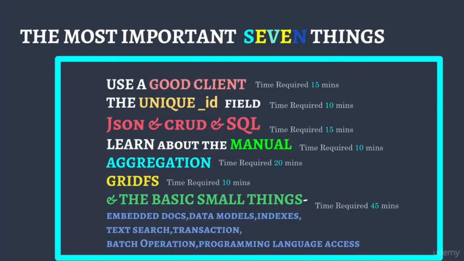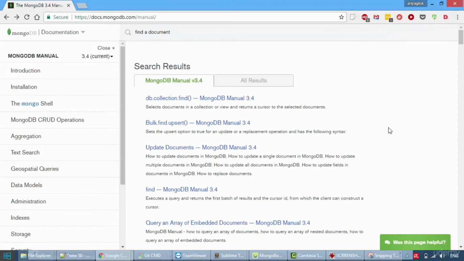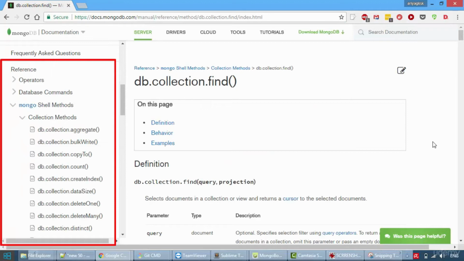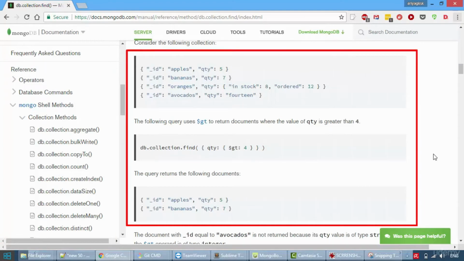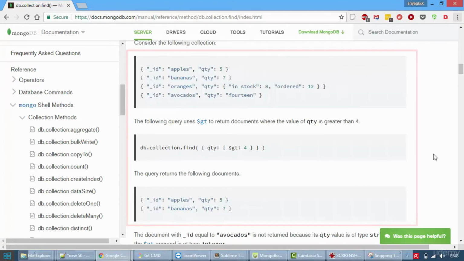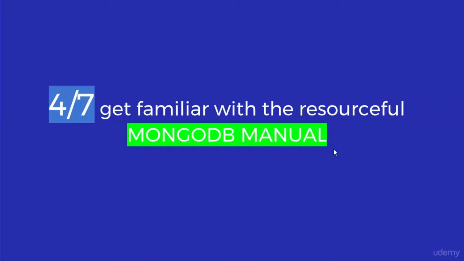The fourth one is the important one, that is you must know how to use the MongoDB manual. This is a manual page and you can see things over here. For example, if I search for how to find a document, you'll be able to see the methods here. Similarly, under collection, we have a set of methods which you can easily understand by their name itself. And similarly, under every method, an example is given. So this document is as good as Microsoft's documentation. You have examples for most of the methods and the functionalities. So you need to learn about the MongoDB manual.